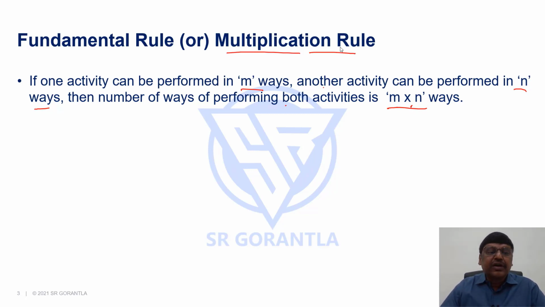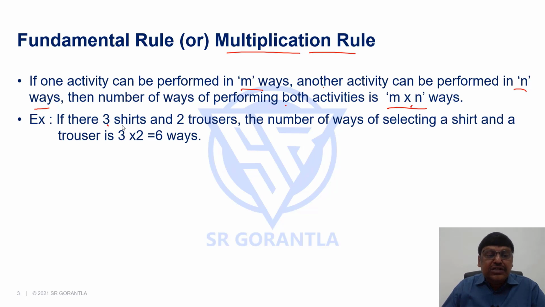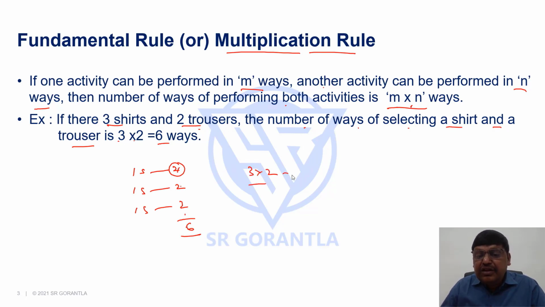For example, if there are 3 shirts and 2 trousers, the number of ways of selecting a shirt and a trouser is 3 into 2, 6 ways, not 3 plus 2. It is 3 into 2 because for every shirt that is selected, you have 2 options of selecting a trouser. For 3 shirts, it will be 2 plus 2 plus 2, we have 6. You are adding 2 three times, which is nothing but 3 into 2, 6